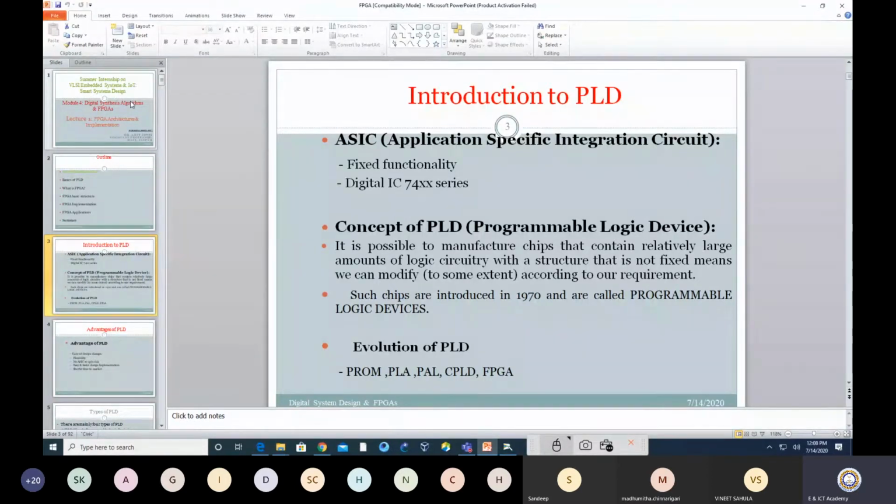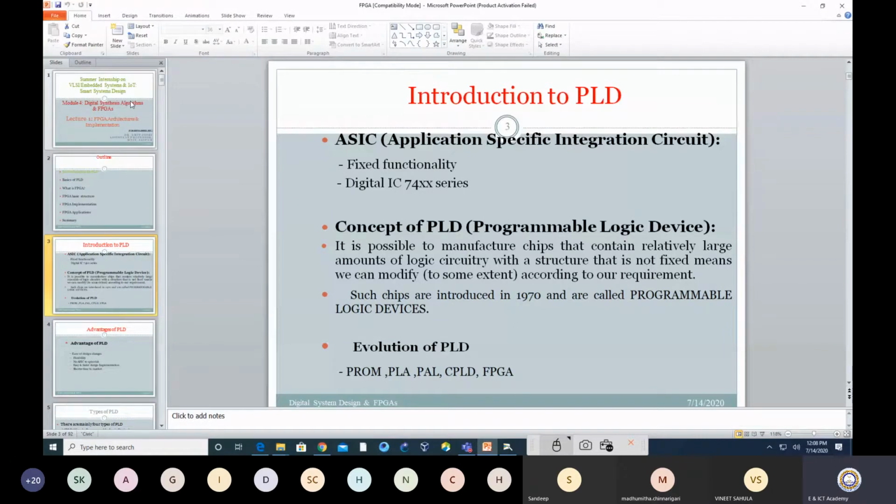Now there is another term, which is PLD. PLD is a programmable logic device. The concept of the programmable logic device is that I will program that particular hardware according to my functionality. The idea is maybe today I am interested in an XOR gate from that particular hardware. It may happen that tomorrow I would like to go for a NAND gate, maybe day after tomorrow an OR gate. Similarly, I would go for some complex design, let's say a 4-bit adder, 16-bit ALU.